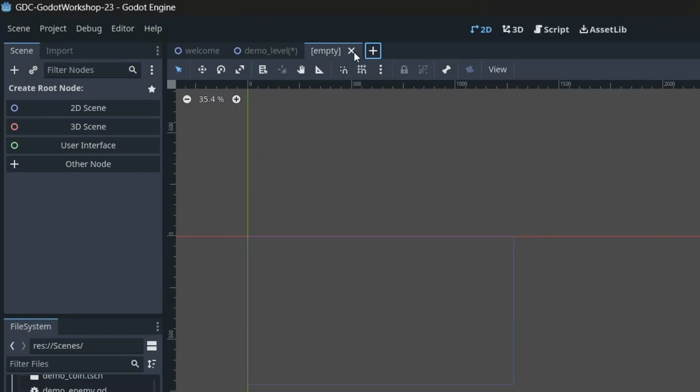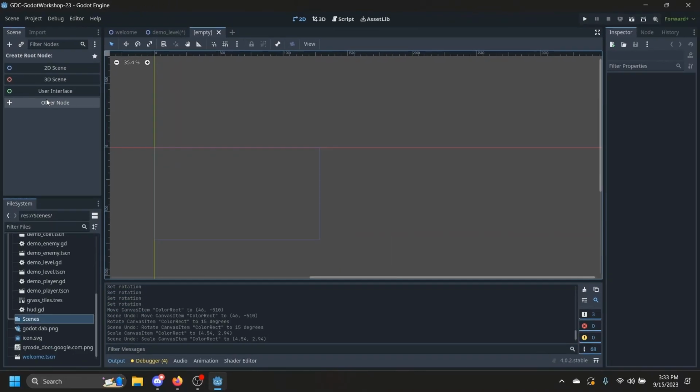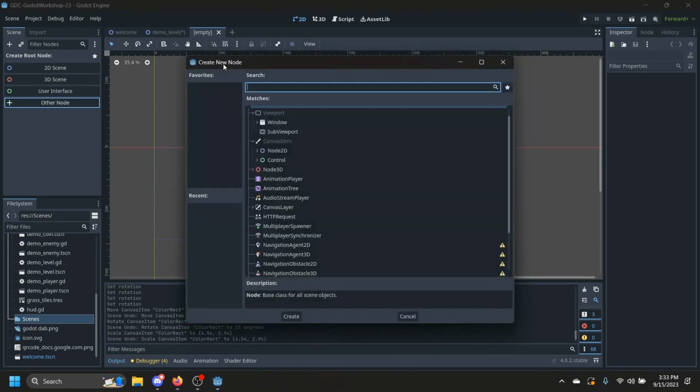We will have to initialize it or create a root node. So how do you create a root node? On the left-hand side, right where the scene is, it gives you a few to choose from: the 2D scene, the 3D scene, and the user interface node. Those are super basic. Let's say we want to create something more specific, like a player character. Instead of choosing any of these, you could hit this plus button or this bigger plus button and hit other node. It will bring up a menu